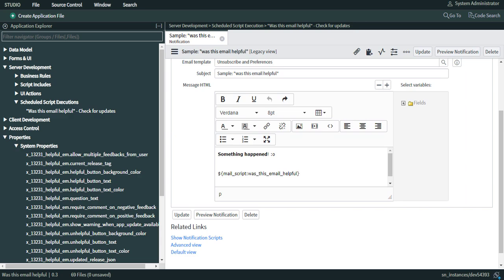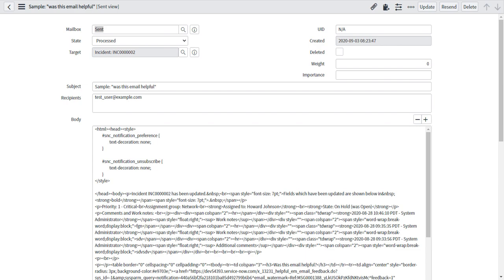This is just an example notification that fires off whenever we update an incident. I've already triggered this notification, which resulted in an email being sent. You can see the email that was sent here. This email being sent out also resulted in a read receipt record being created associated to that email with the